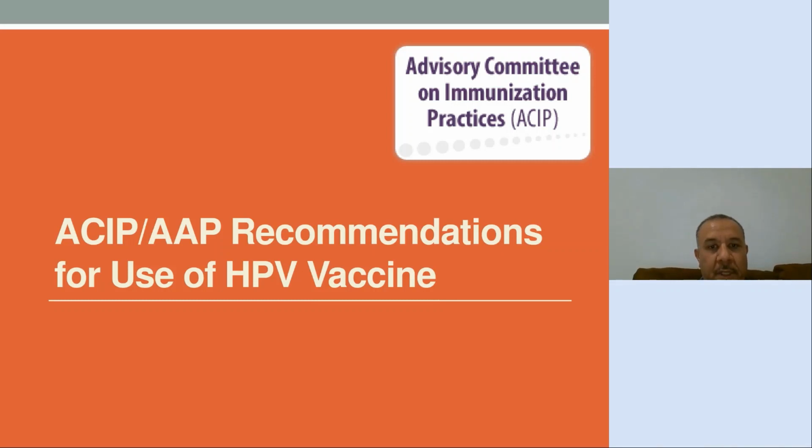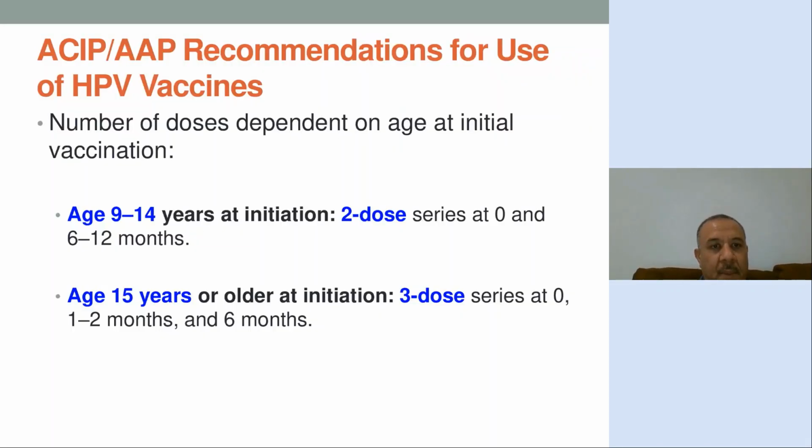Now, let's go to the recommendation. The American Academy of Pediatrics and the infection control recommendation is to give the human papillomavirus vaccine to the pediatric population starting from the age of 9 through the age of 26. If we are vaccinating between 9 and 14, we give 2 doses, and if we are vaccinating above the age of 15 years, we give 3 doses. The 2 doses will be at 0, and 6 or 12 months. That means 0, and after 6 months. You can give it at 6 months, 7, 8, maybe 1 year.